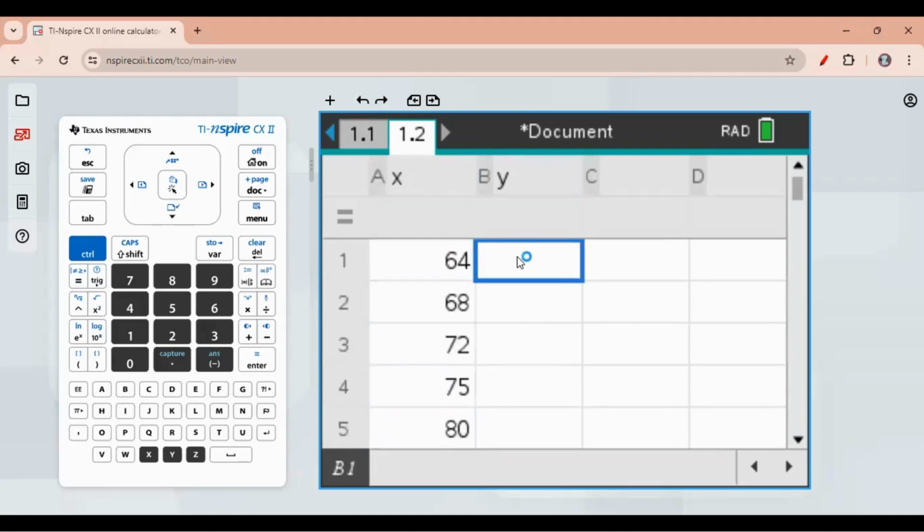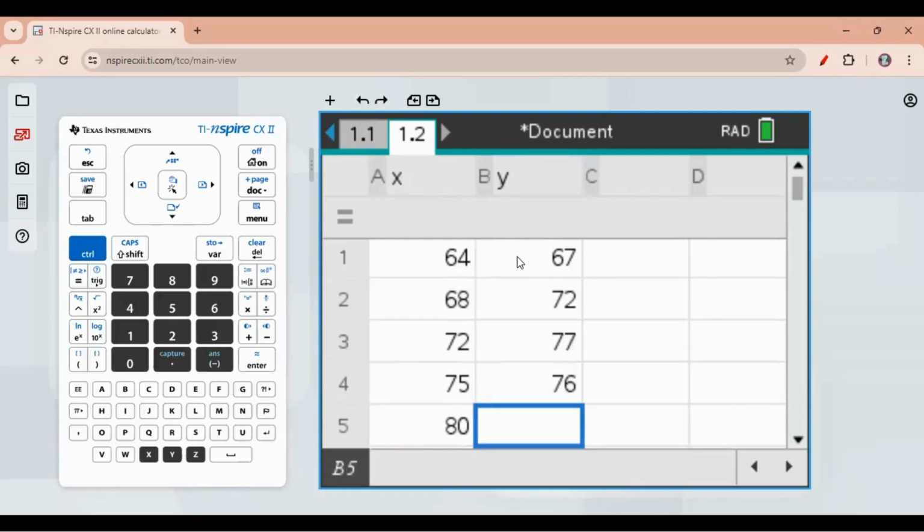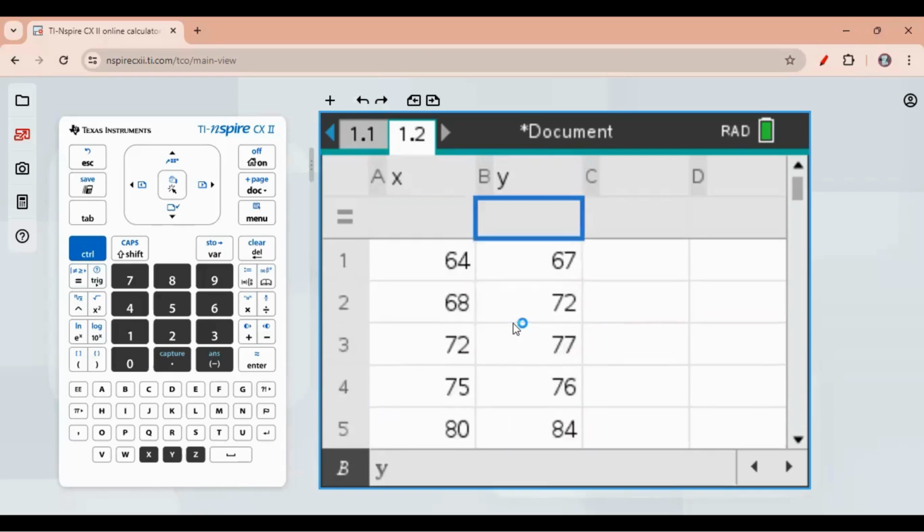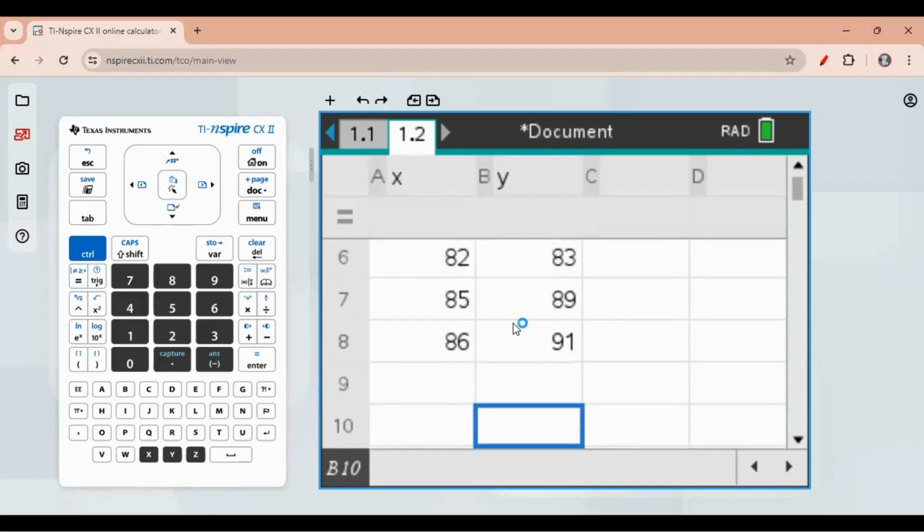In that way, then science score. Here you need to make the changes: 67, 72, 77, 76, 84, 83, and 89, 91. So you can cross check it. All are well defined here. So the next part we are going to do is,